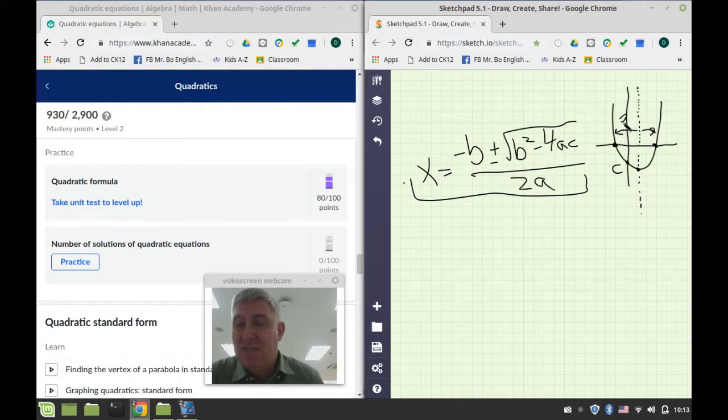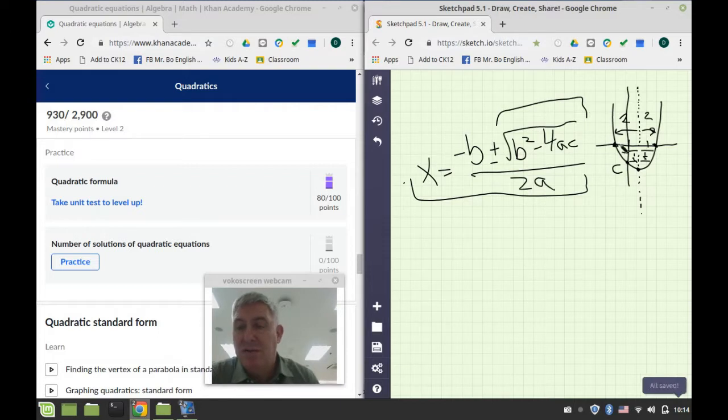So if this distance is 2, this distance is also 2, and if this distance is 1, then this distance is also 1. And if this distance is 1/2, what is this distance? It's also 1/2. So that's going to be important because you can see in our formula we have this negative b plus or minus